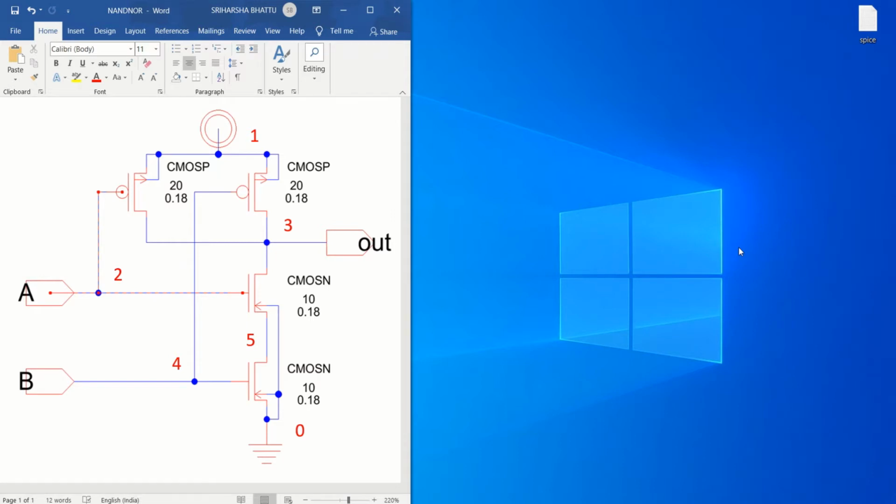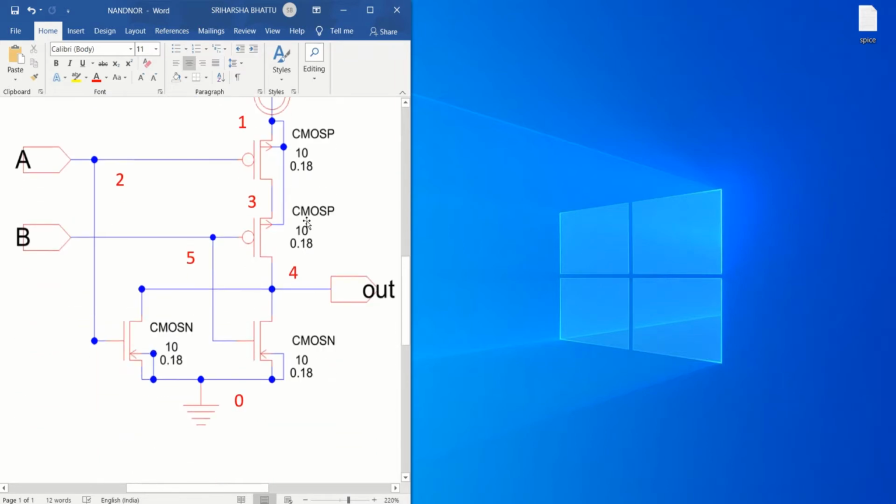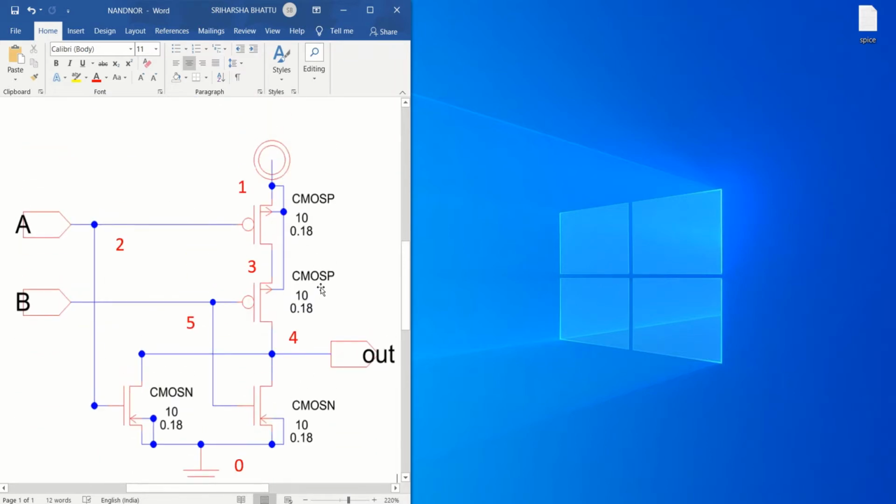In this tutorial, I'll explain how to write the SPICE program. The SPICE program is generally called the SPICE netlist of CMOS circuits. The SPICE netlist can be used for simulation and verification of any analog or digital logics. As an example, to write the SPICE netlist, I have considered the universal NAND gate and universal NOR gates.